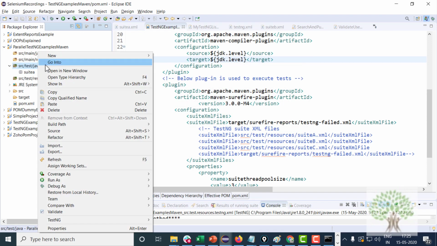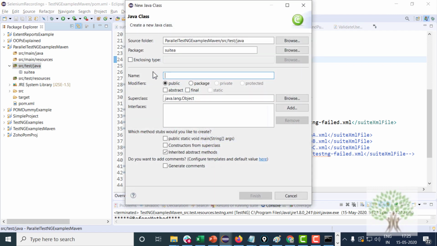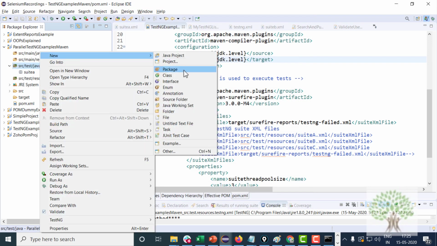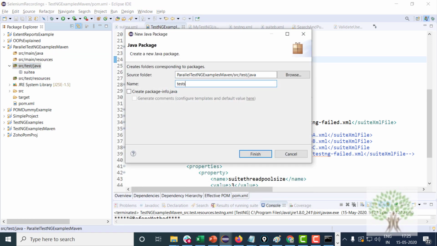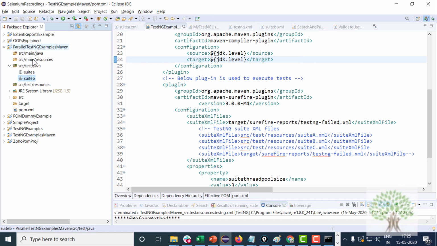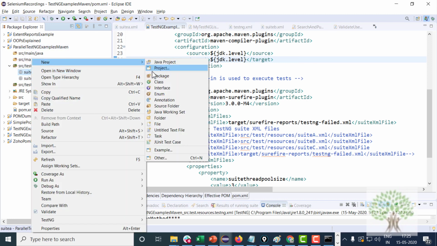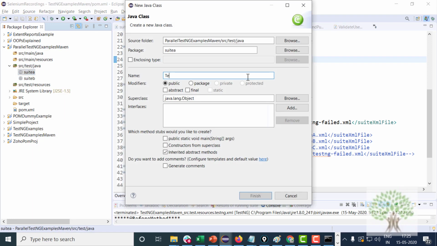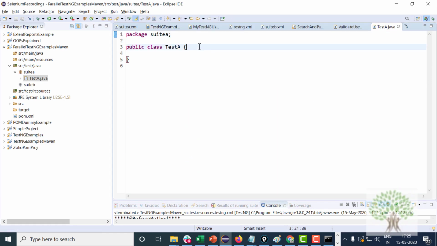and test suite B. These are just dummy test suites I'm creating. In test suite A, I'll make a new class known as test A, in which I will make a test case, say @Test public void testA.